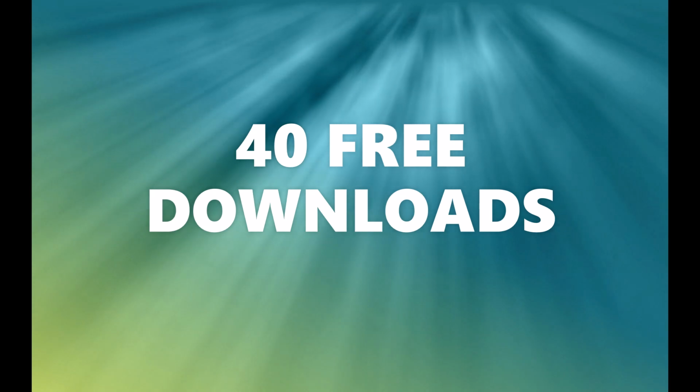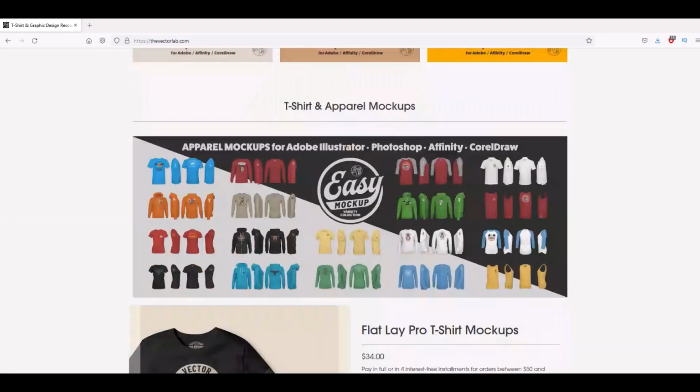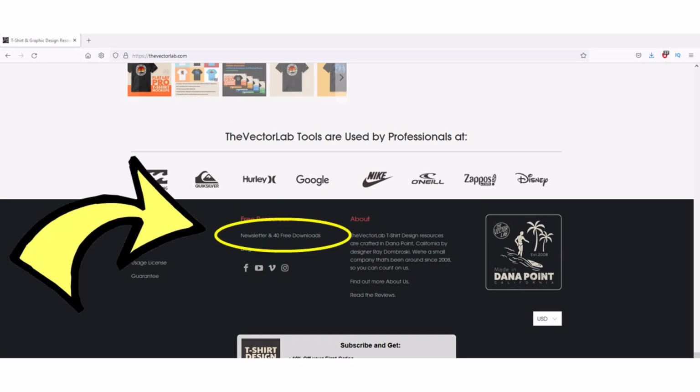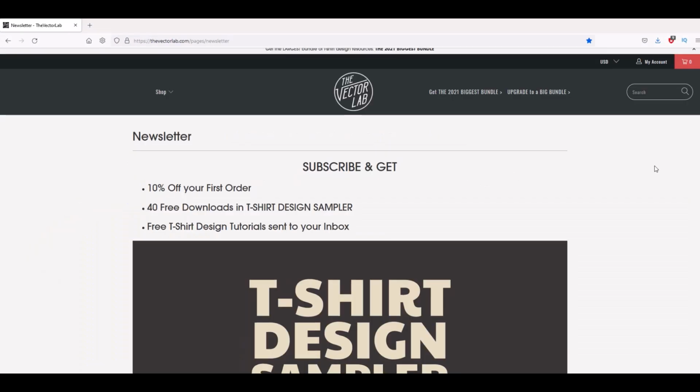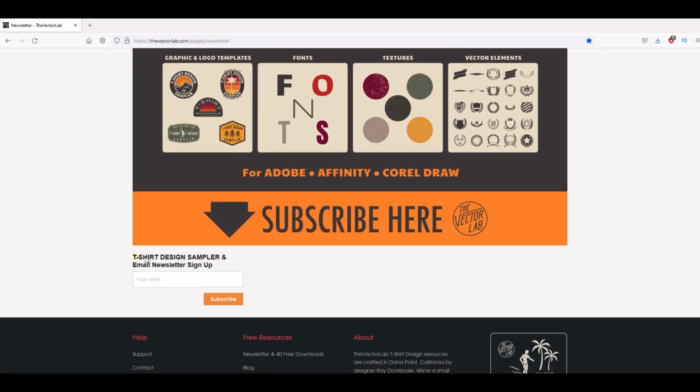Okay, so how do you get the 40 free downloads? Here's what you need to do. Go to the main page and scroll all the way down to the very bottom. There's a link there that says newsletter and 40 free downloads. Click that link. At the bottom of the newsletter page, there's an option to enter your email address and then